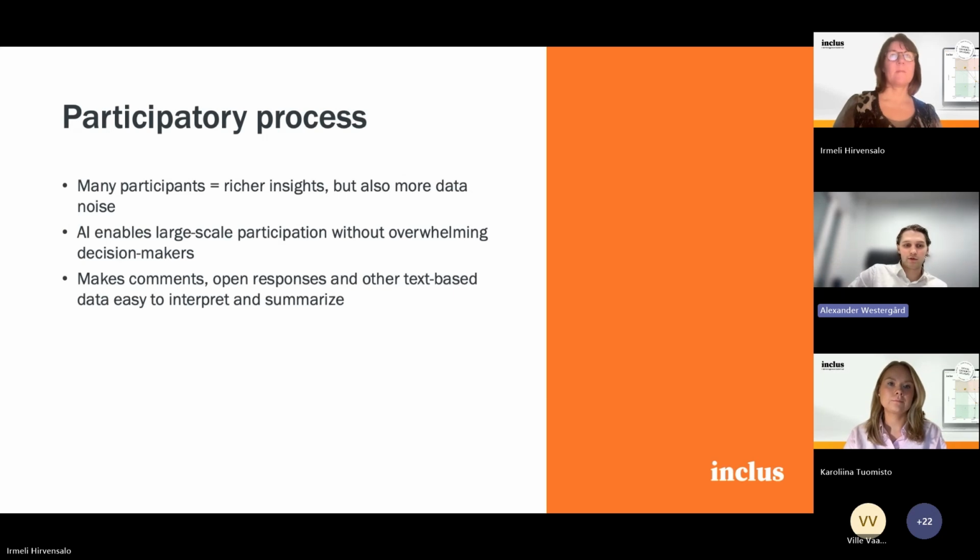One of the main benefits with LLMs is that we can take more data. This enables large-scale participation, because we are not overwhelmed by the amount of data. And of course, we can utilize more comments. We can have open responses.